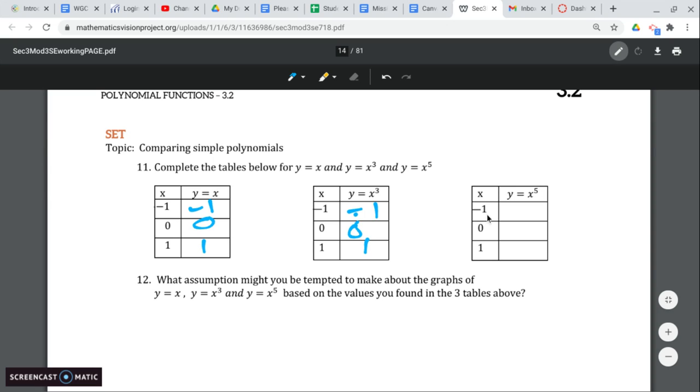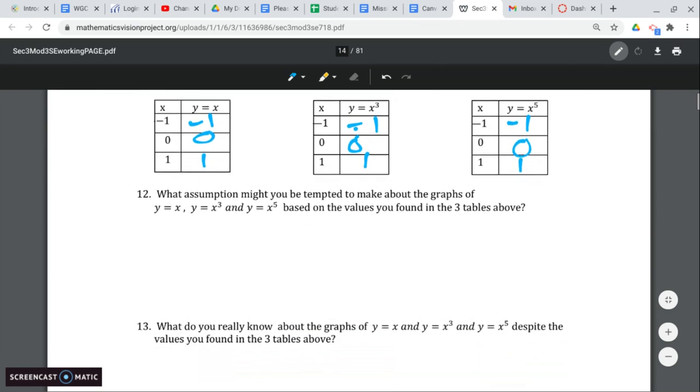Well, negative 1 times negative 1 times negative 1 times negative 1 times negative 1. There's 5 of them, and it's an odd number, so that means our sign is going to be negative instead of positive. 0 will just be 0, and 1 will be positive. So for